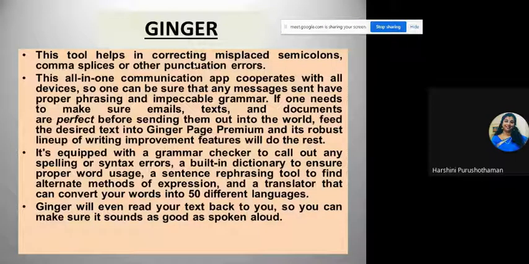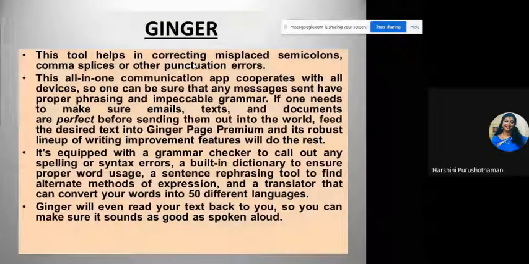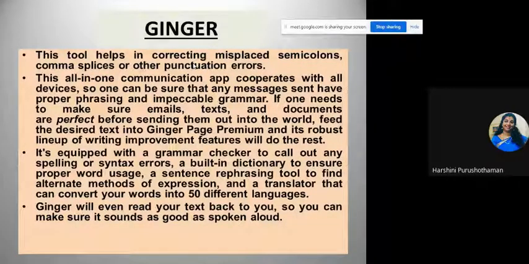So Ginger is actually a little bit advanced. This tool helps in correcting misplaced semicolons and comma splices, and is very useful for punctuation errors especially. This all-in-one communication app cooperates with all devices, so one can be sure that any messages sent have proper phrasing and impeccable grammar. If one needs to make sure emails, texts, and documents are perfect before sending them out into the world, feed the desired text into Ginger Page Premium, and its robust lineup of writing improvement features will